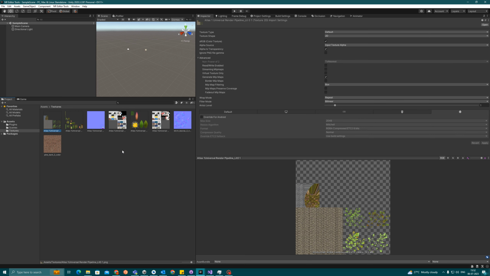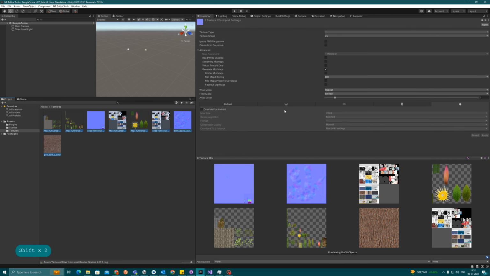So now what I want is to change the texture format of every texture, because for optimization we need to change the compression format of the texture according to the platform. For Android it is ETC or ASTC. For PCs it is DXT, like that. So if you want to change all the texture formats, suppose I select all the textures,